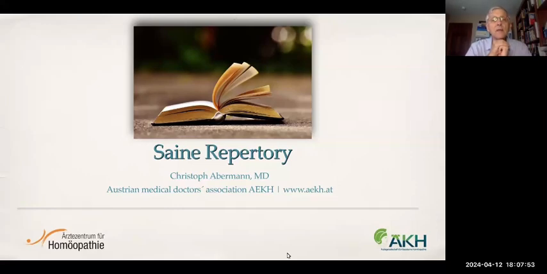Also, provings have been done on either unproven or poorly proven or never proven remedies, and this is another important part of this work. The final fruit of all this work has been the creation of the Saine Repertory, which has over 150,000 additions to the complete Repertory 4.5. So today, we're going to demonstrate the practical impact of the Saine Repertory.